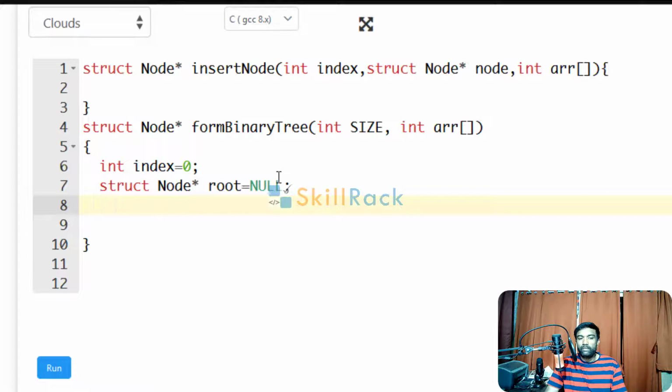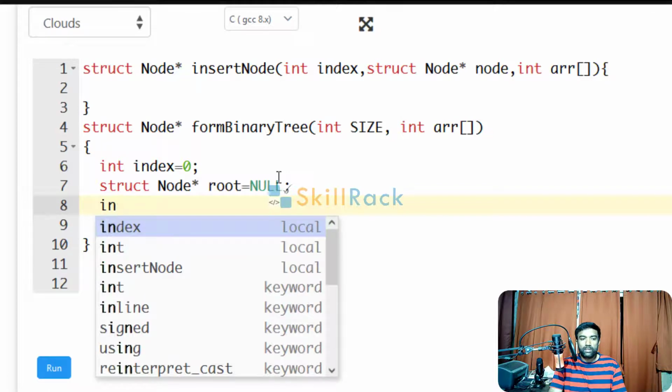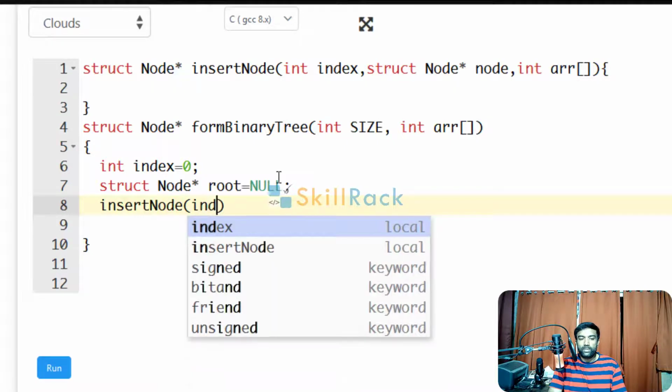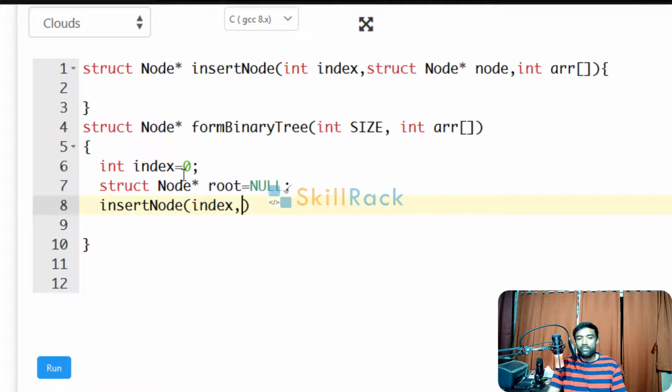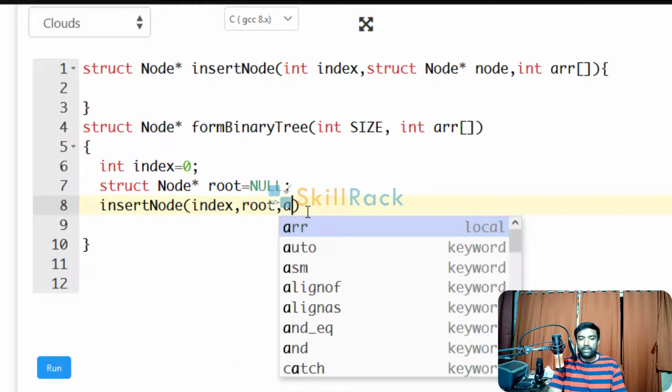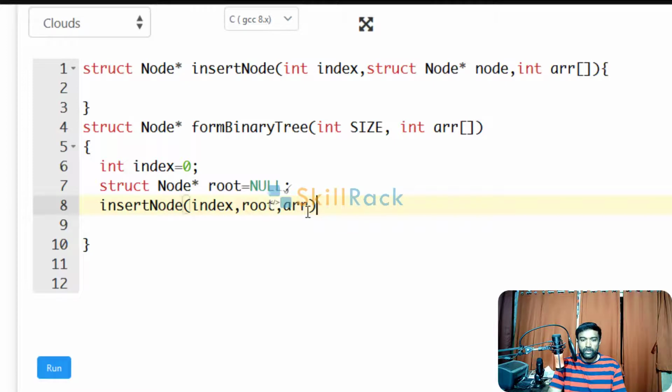Now we invoke this insert node function. The index value is 0, then the struct pointer, currently root, which is null, and then we pass the array. So we are invoking insert node only once, just for the root alone.